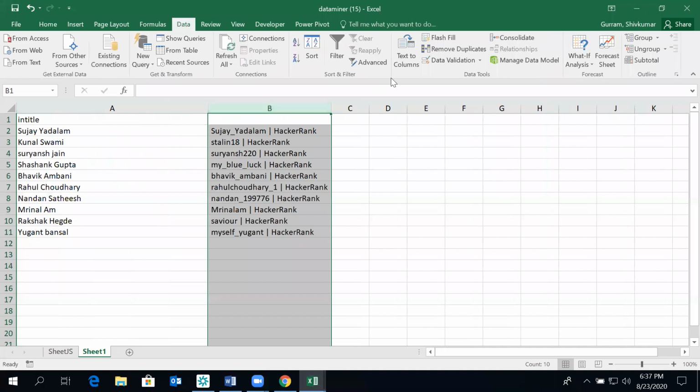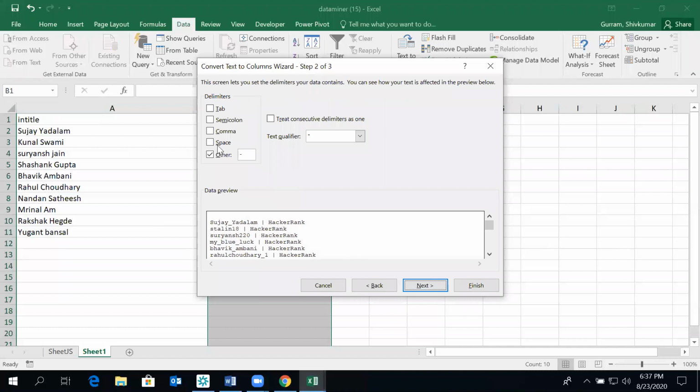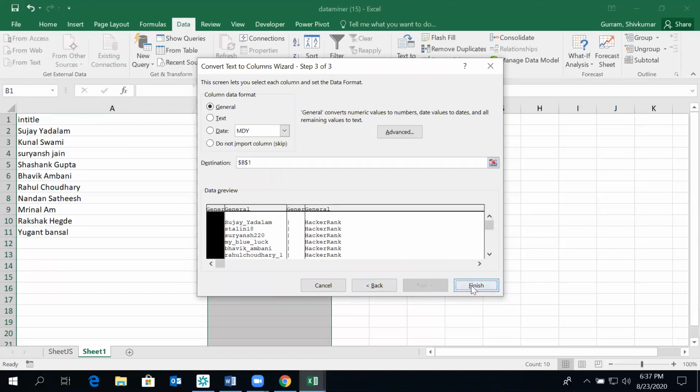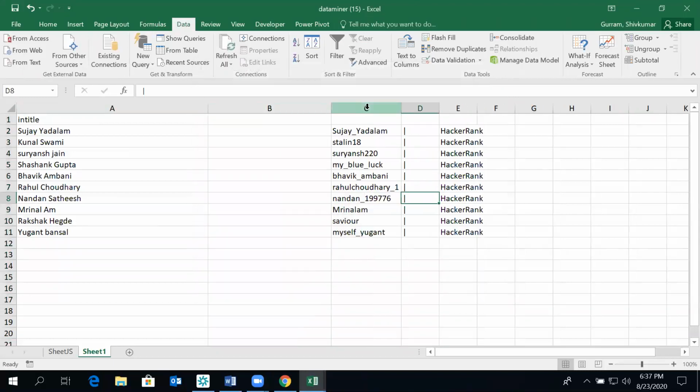Now we come here. Okay, so no user ID will have a space. Either it would be a hyphen or it would be an underscore. So this would be fine. So here we have the user IDs.